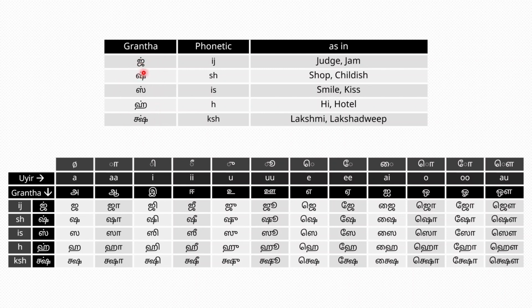Ij, ij, ish, ish, is, is, iksh, iksh. So you can pronounce ij as in judge,